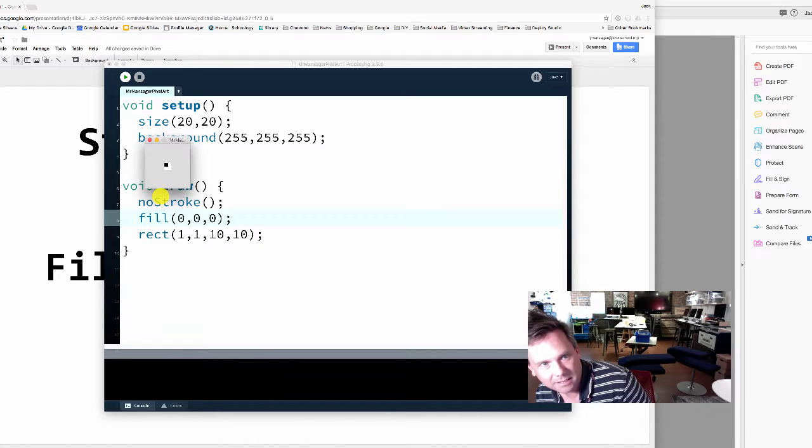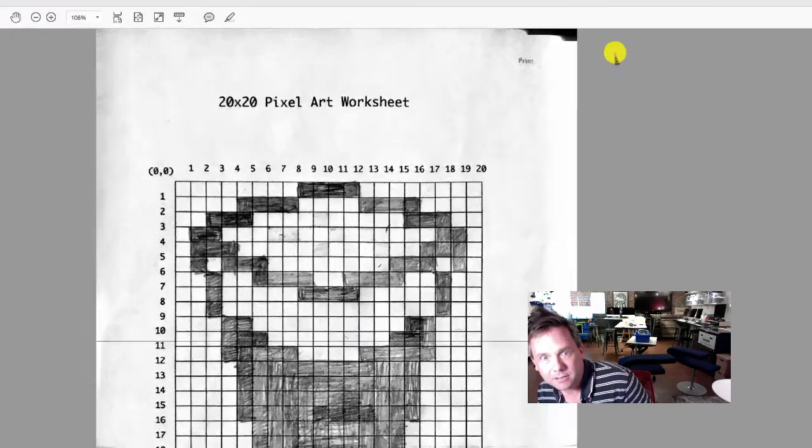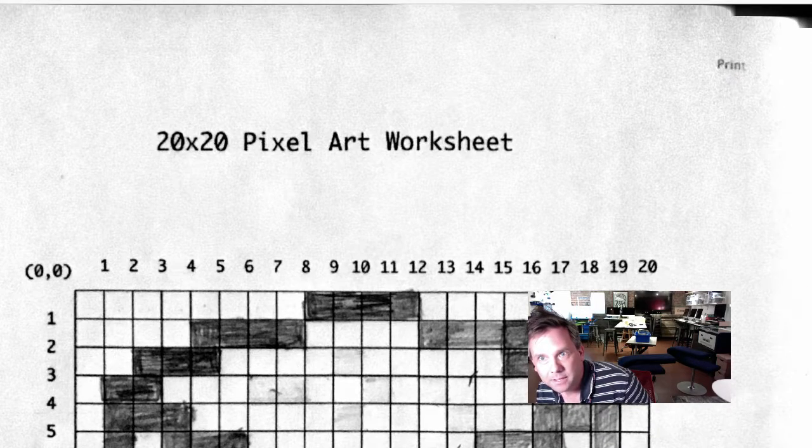So there's my rectangle. So what you're going to do, once you kind of understand how this works, is you're going to go into your pixel art, and you're going to start to figure out what those parameters are to draw the rectangles. Let me see if I can find mine. So here is my pixel art. If I wanted to